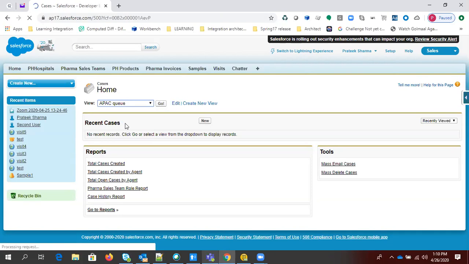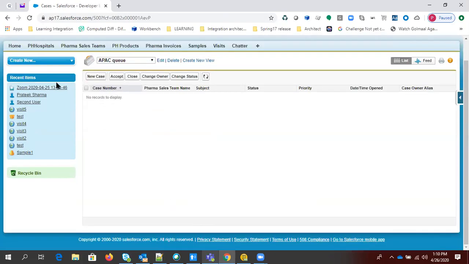If you select the APAC queue, you will see all the cases here. As we don't have any cases for the APAC queue, you are not able to see any case here. But if you want to assign any case, you can directly assign it to the APAC queue. We'll discuss how to assign the case in forthcoming sessions, but right now we don't have any case assigned to APAC queue, so it is empty. Queue members can see this particular queue, and they can assign the ownership, or assign the case to themselves, like you guys do in your support role in your companies.